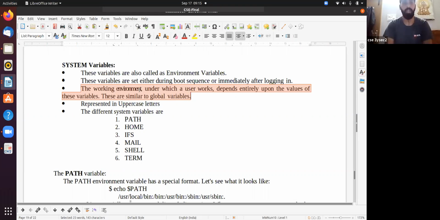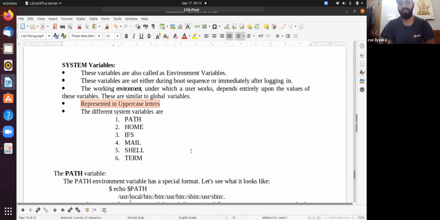The next point is that all the system variables are represented in uppercase. In previous classes, we discussed some environment variables. At that time, I told you that in future classes we are going to discuss these variables in depth.